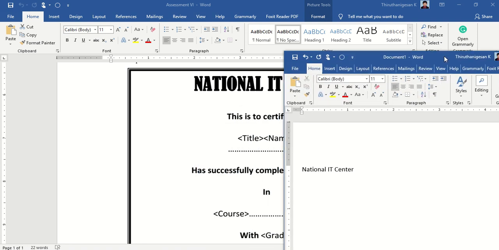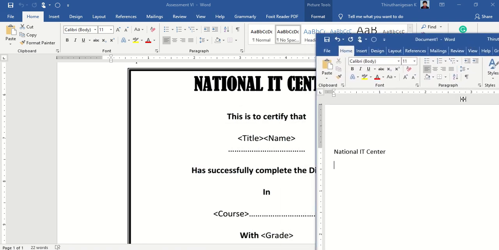National IT Center. This is to certify that. No need to type the title and the name. Once you merge the document, you will get the title and name here.